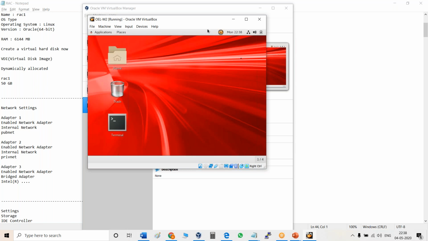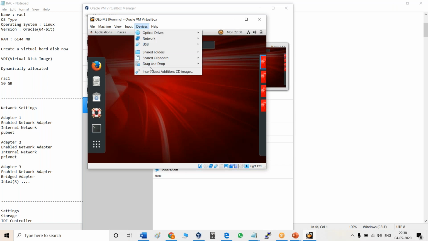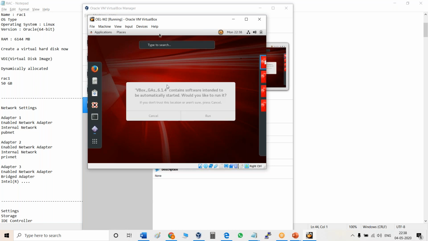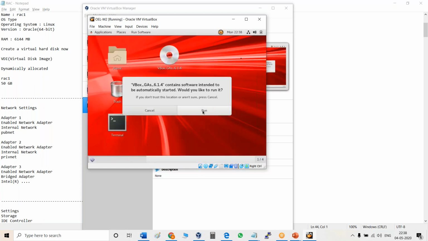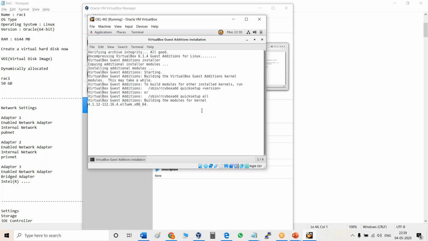So now see, mouse movement is not enabled. So what I will do, I will go to right control and go to device and install the guest edition image on my desktop or this machine, then run it. When you run, it will open a terminal and your VirtualBox installer will install.